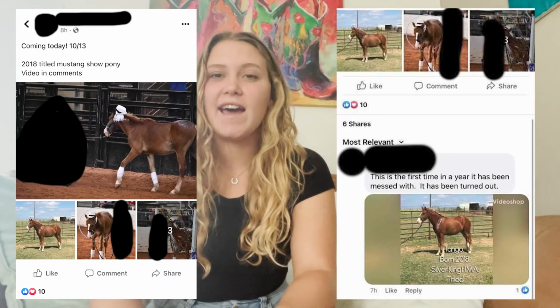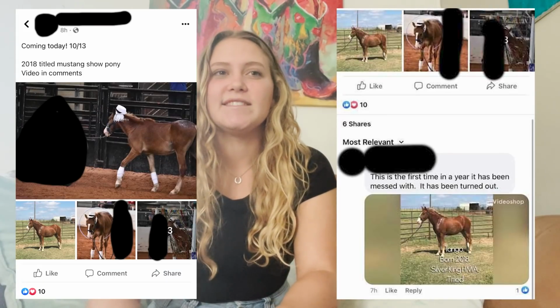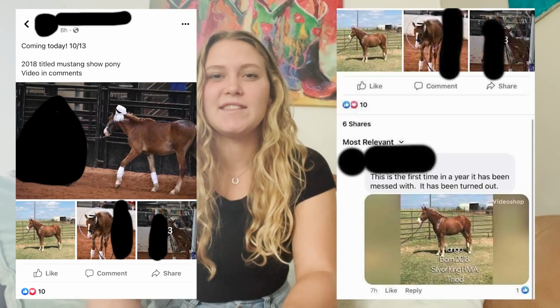proud of her. But aside from that, one of the evenings we were all just hanging out and watching some of the competition, and I'm scrolling through Facebook, and right when I opened Facebook, the very first post on my feed was someone sharing an ad from a sale barn in Texas. And I immediately recognized the photos because this little horse that someone had shared to a Mustang group was the competition horse for a youth trainer who I know and whose family I'm pretty close with. And I immediately text the mother and I'm like, hey, one of your son's Mustangs wound up in a sale